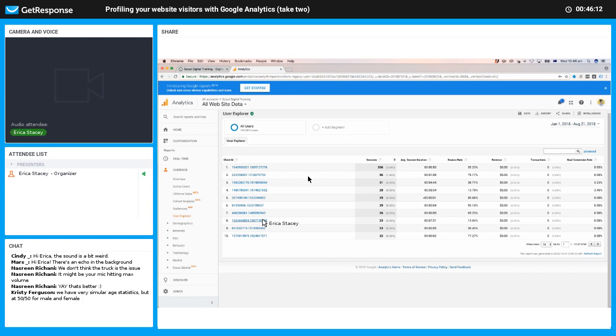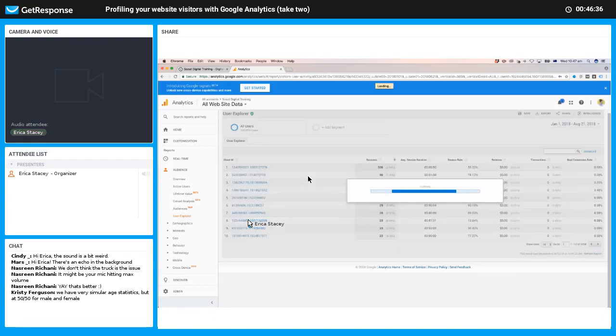So what I generally do is just click on a couple randomly. I'm certainly not going to go through 5,000 of them, but particularly looking at ones that perhaps have a high average session duration, or have had quite a large number of sessions and have a low bounce rate. So this is about finding those ideal website visitors, because we're profiling the people who are most attracted to our website. So if I click on this one,